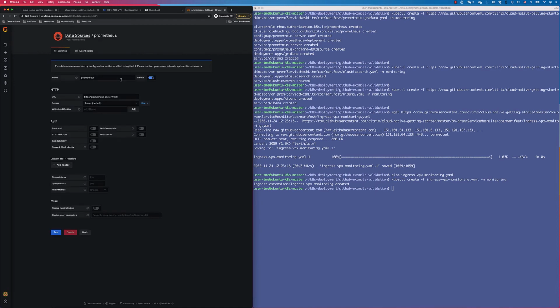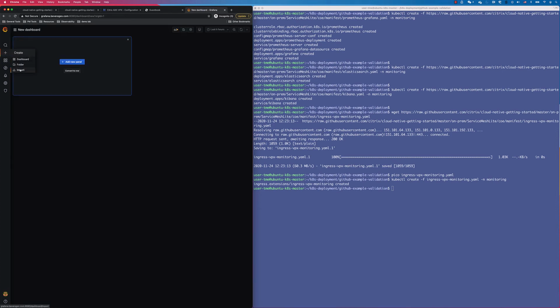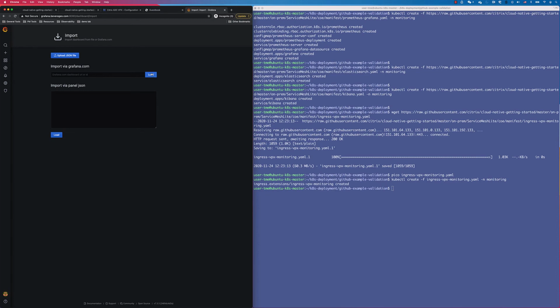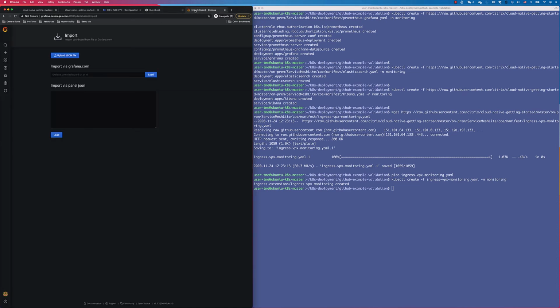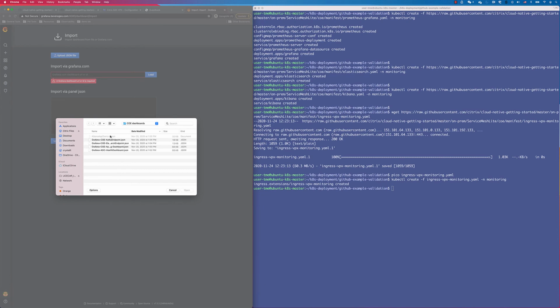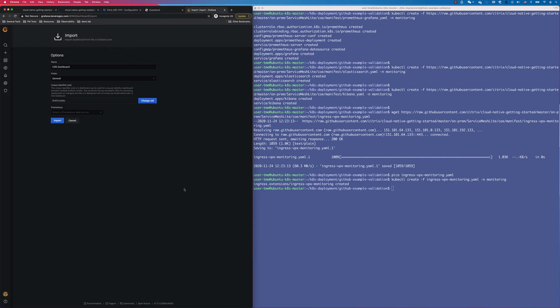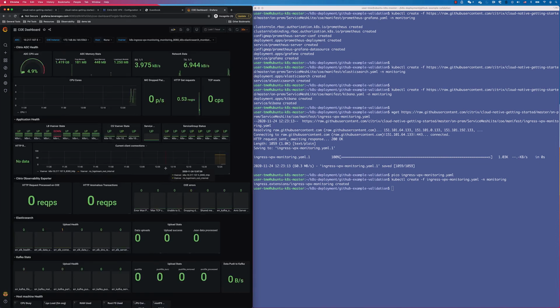So let's first add and check the data source. By default, the moment that you deploy the Prometheus pod, it's already defined. What you can do is just do the test and make sure the data source is working. And the next step is you can go to import your own JSON file. So I have already downloaded this file locally, and I'll just load it. It's here, Grafana ADC health dashboard, and you click open. Make sure the data source is the one that we defined and import, and boom, everything's shown up here, and